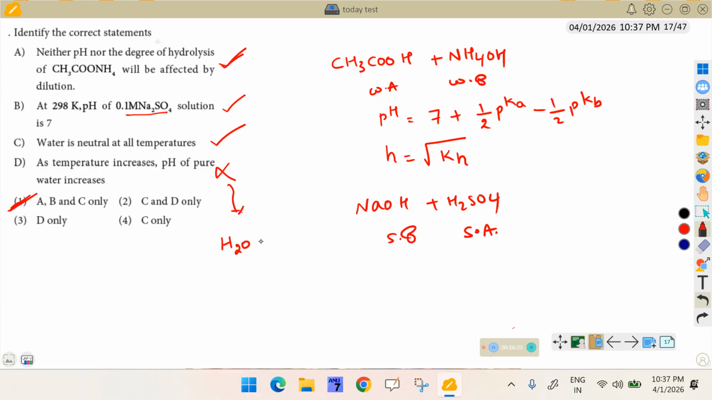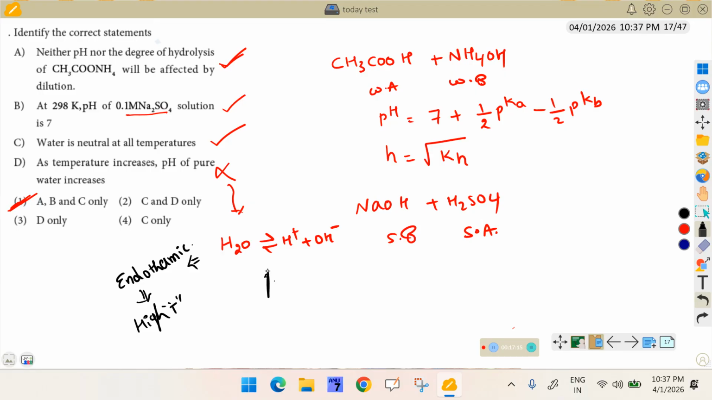H2O generally dissociates into H+ and OH−. It is a reversible reaction. H+ and OH− combine to give H2O also. Dissociation of H2O is an endothermic reaction. Generally, for an endothermic reaction, high temperature favors, not low temperature. Exothermic reaction favors low temperature. According to Le Chatelier's principle,